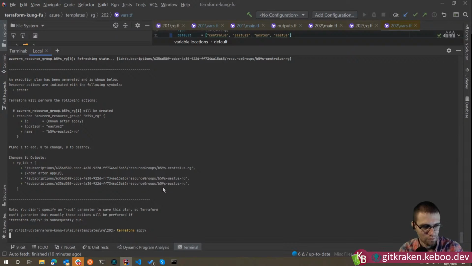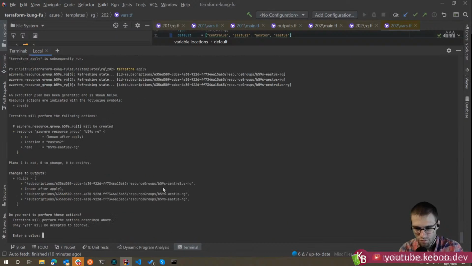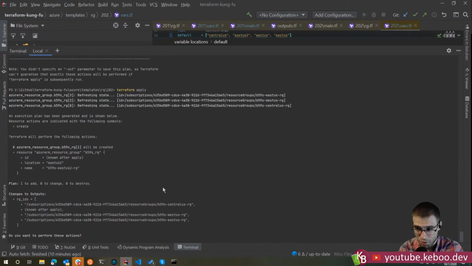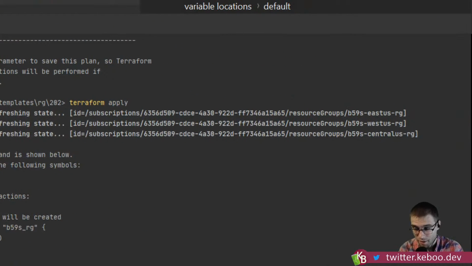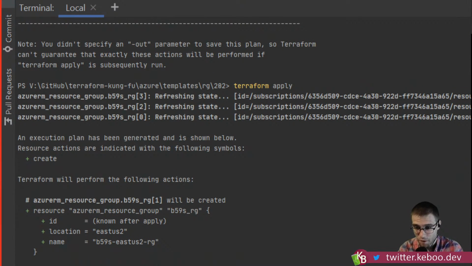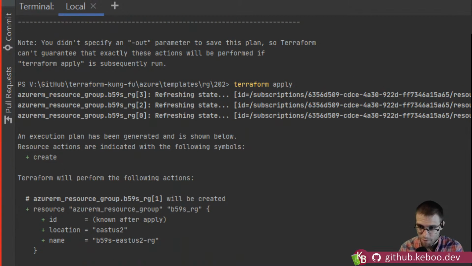So let's see what this apply does. But that's interesting, right? Even though you're not changing the name of it or even the location of it, when you change it in the code, the way it's referenced in the code, it might burp at you and say, "Hey, I want to destroy something," right? Yep. So real quick, just to point out, you'll note 3 of those things refresh state. So it knew that index 0, 2, and 3, it had already created those. Yeah. So it was perfectly happy. And because it fired all 4 of those in parallel before, one of the 4 failed, so your command failed. But 3 of them stayed up, and it was intelligent enough to not die until it finished creating those and report the error back.